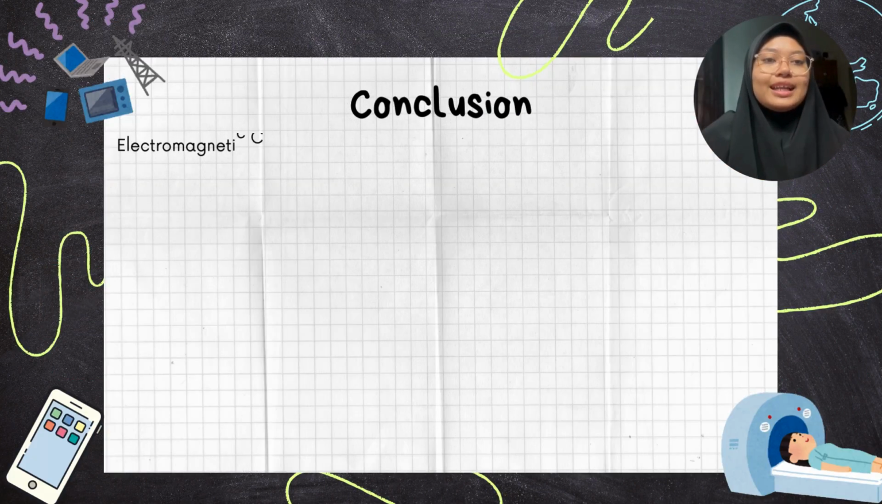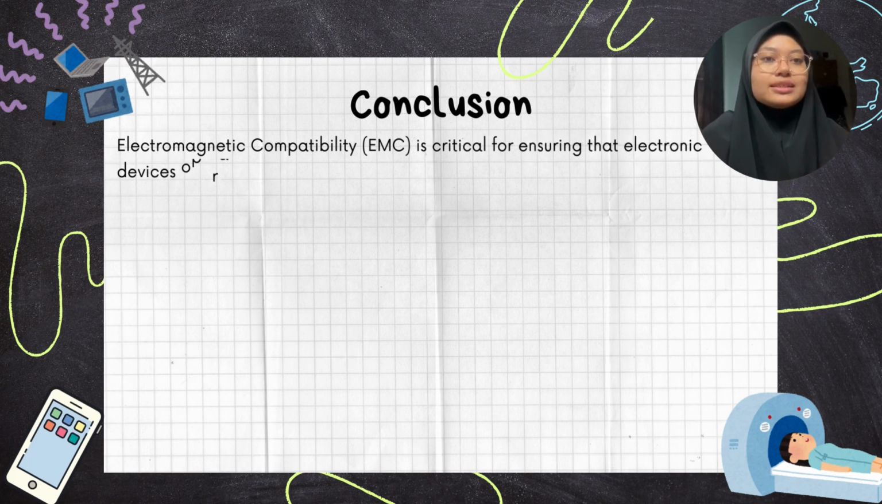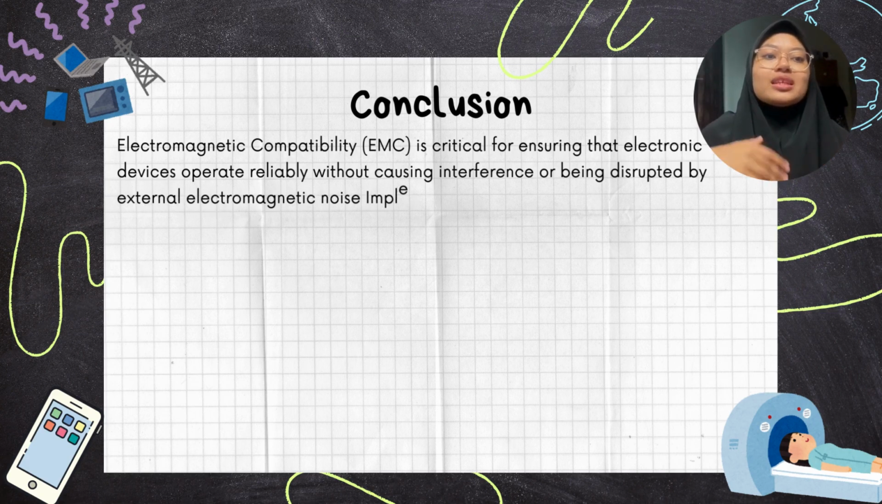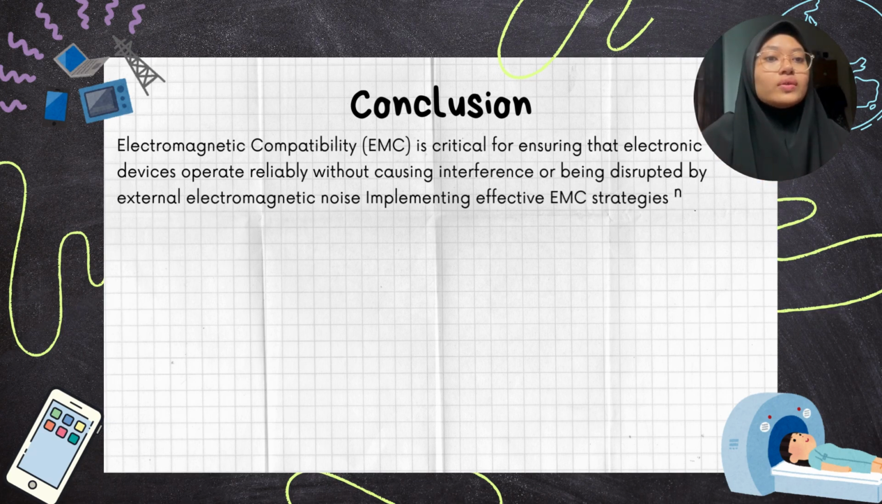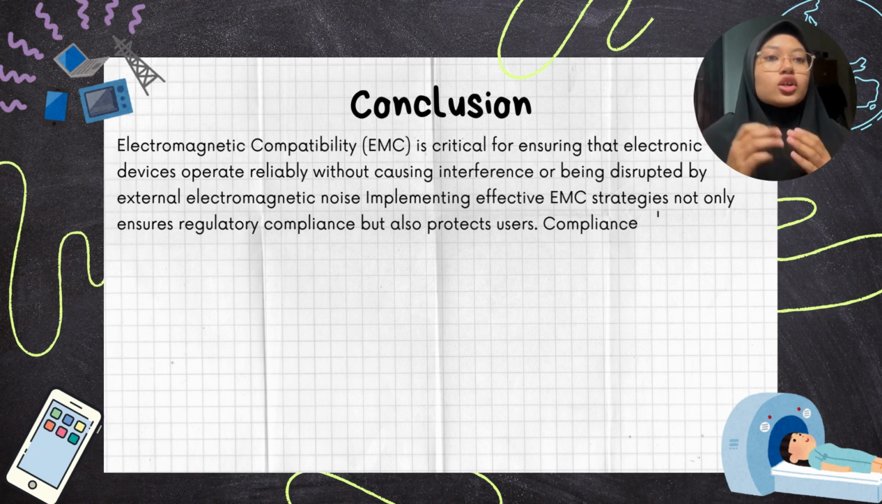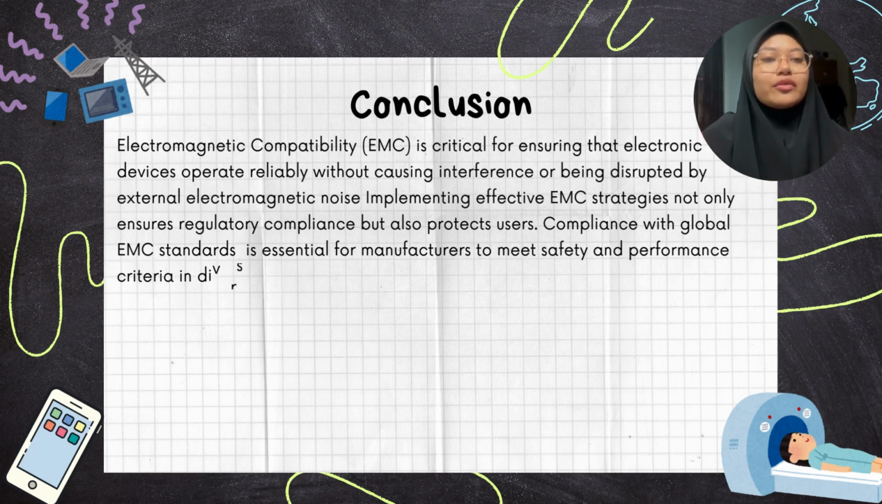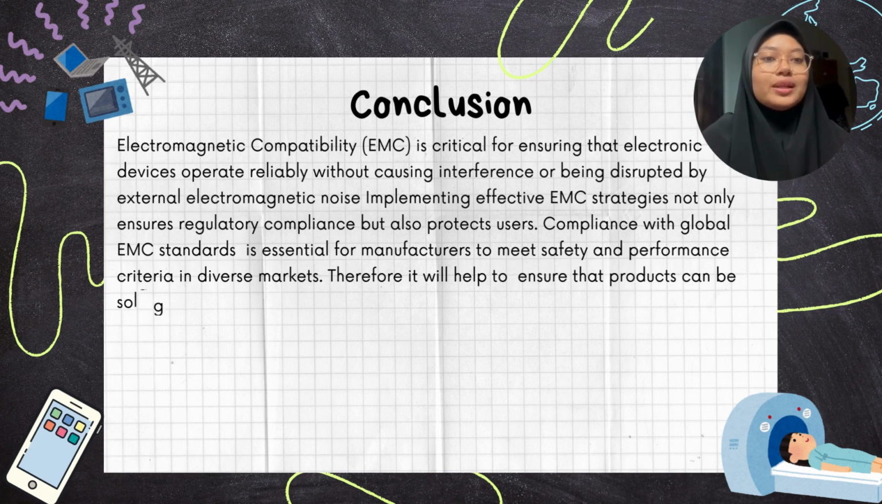In conclusion, electromagnetic compatibility (EMC) is critical for ensuring that electronic devices operate reliably without causing interference or being disrupted by external electromagnetic noise. Implementing effective EMC strategies not only ensures regulatory compliance but also protects users. Compliance with global EMC standards is essential for manufacturers to meet safety and performance criteria in diverse markets. Therefore, it will help to ensure that products can be sold globally and that they do not contribute to harmful